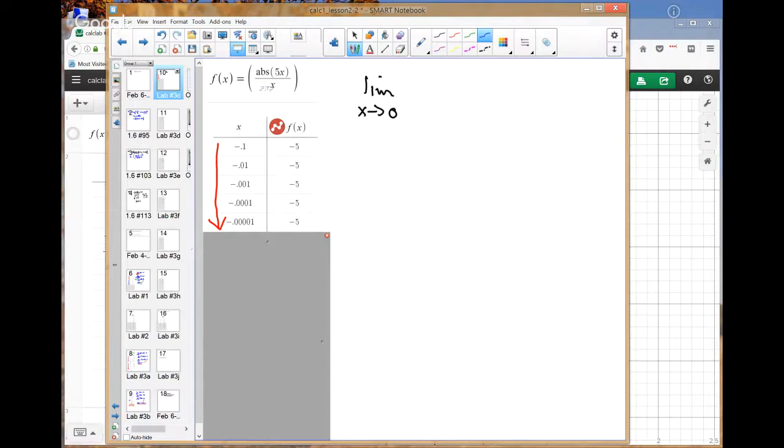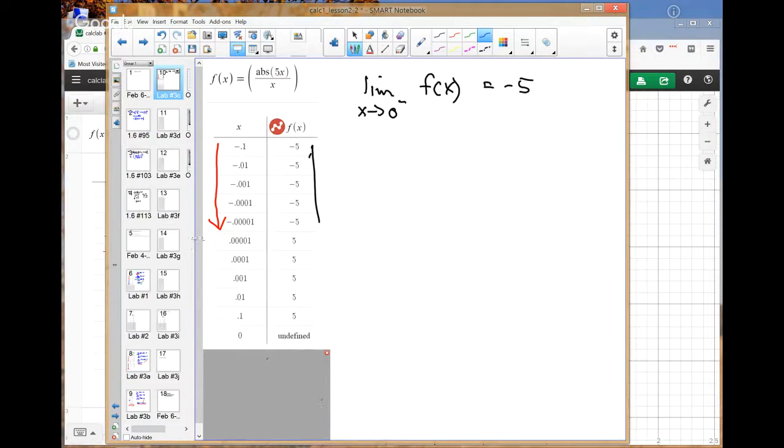And the first time we're showing it, as it approaches 0 from the left, what does it look like? It's just -5, right? And notice this didn't even change. Okay, let me move this down and let's look at the right-hand limit. So the right-hand limit, this time we're in the positive range, and actually we're going this way, aren't we, this time? Sorry, I was inconsistent with that. But the limit as x approaches 0 from the right,